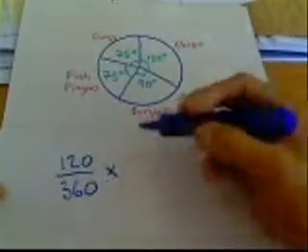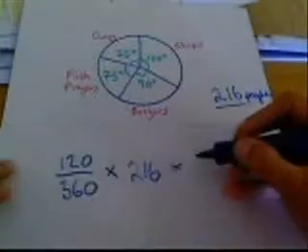So we want to ask how many people out of that 216 people liked chips. To do this, we need to take that angle, 120 degrees. We want to find what that 120 degrees is as a portion of the whole pie. So that's 120 degrees out of 360 degrees. Then we need to multiply that by the total number of people in that pie. So 120 divided by 360 times 216